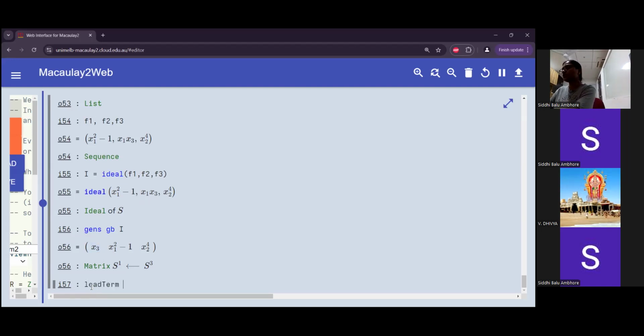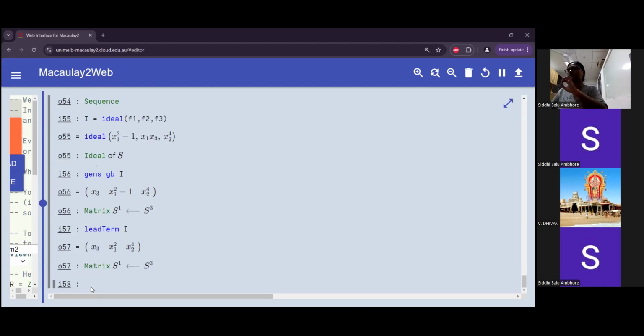when we do this calculation of Grosvenor basis in Macaulay 2, it gives me the reduced Grosvenor basis. So what is reduced Grosvenor basis? It removes all the unnecessary elements from the Grosvenor basis, because the moment I have x3 here, it removed this x1, x3, and it only kept this x3 here. Okay, so this is the reduced Grosvenor basis when we calculate it in Macaulay 2, and which is not bad, because